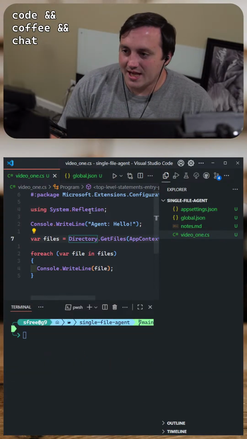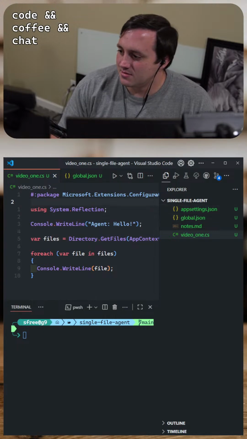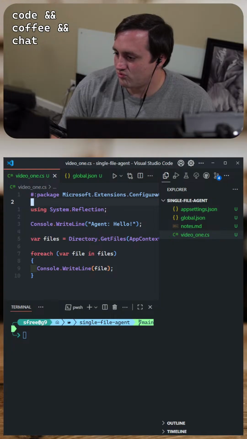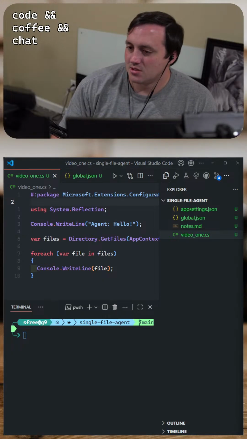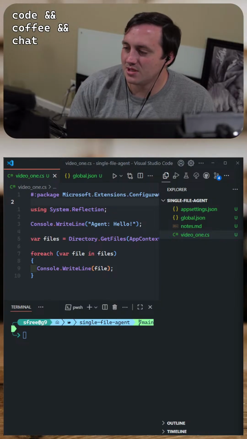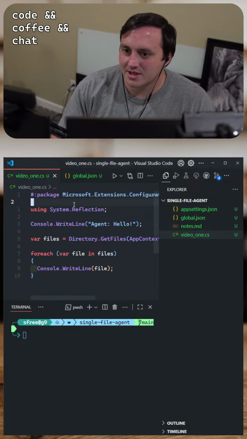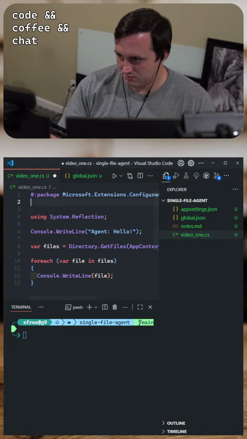Okay, so is there a way I could tell it to include appsettings.json in the output? csproj include appsettings.json property. Yeah, could I do something like... What about this?